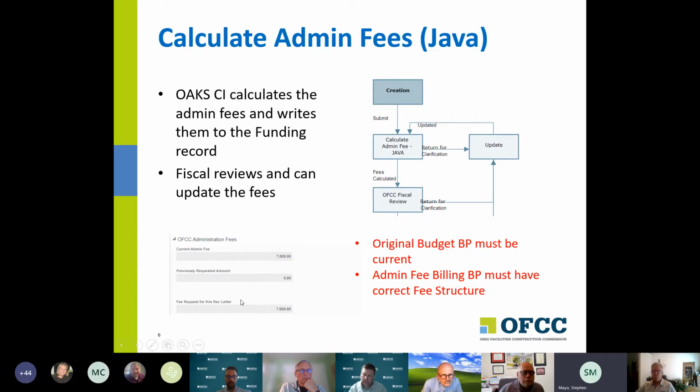This has gotten updated slightly in the last 3 weeks, so this picture is a little bit out of date, because the way this was set up originally, what you're seeing here is just the 40% fee. We're now showing the full amount of the estimated, and we're actually calling it that, the estimated OFCC fee. And then we're showing the amount of fee request for this rec letter. So hopefully those terms are clear. And both of those will be on the form when it comes back from this calculate admin fee step,